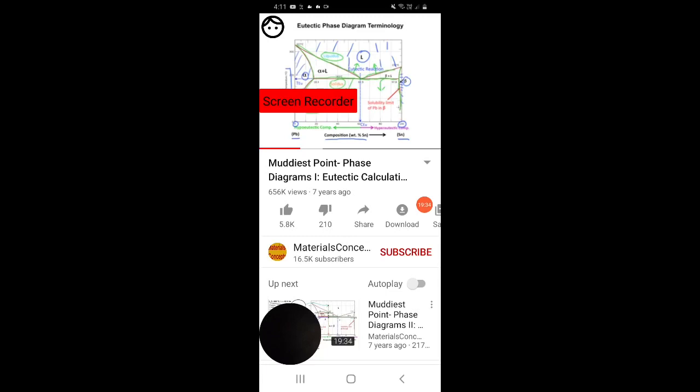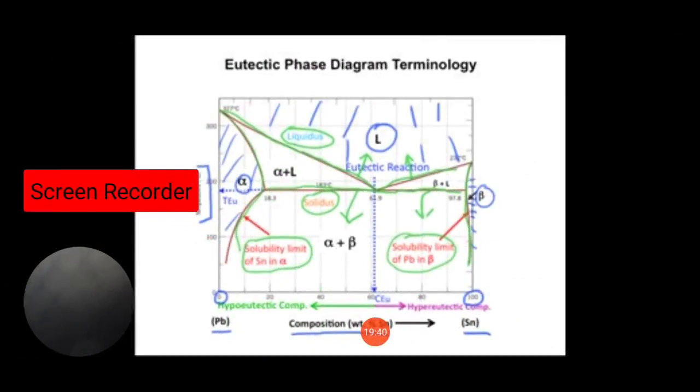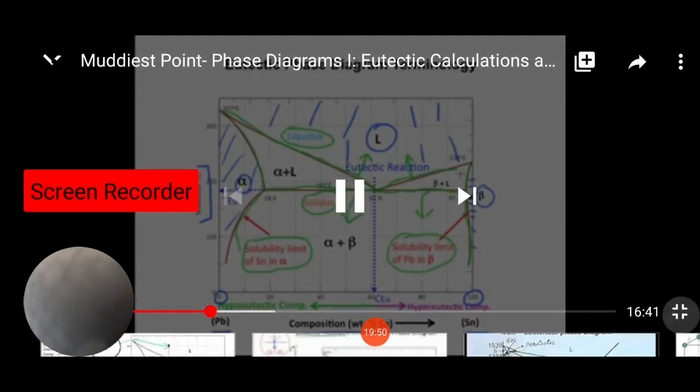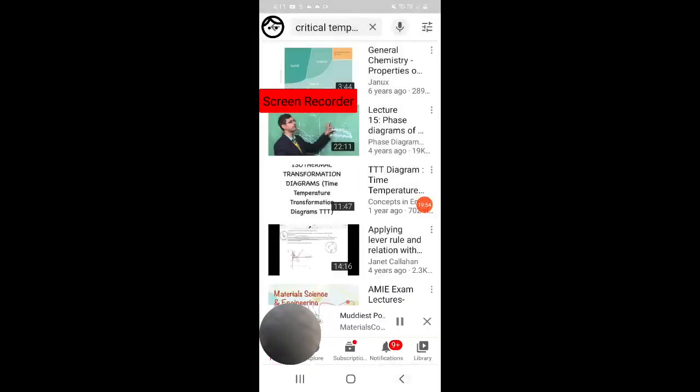This line over here is the solubility limit of lead in beta, which means if we started here and added just a tiny bit more lead, we would be in a two-phase region and not a single beta region. At a higher temperature, we'd end up in the beta plus liquid region, and at a lower temperature,